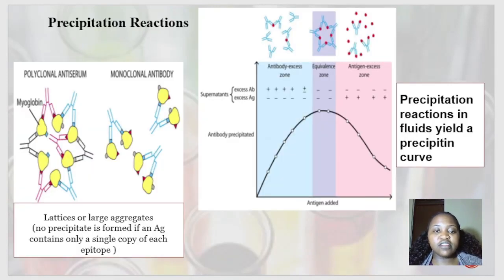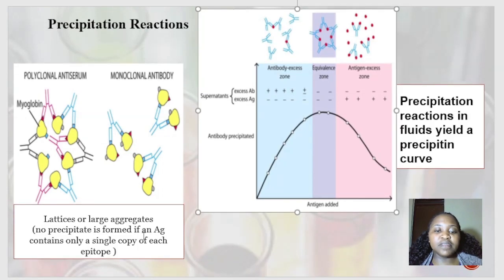So this shows the formation of a lattice. For example, if you're having a polyclonal antiserum, these antigens here, the yellow ones, will have different epitopes that are binding to different antibodies, and that leads to the formation of a lattice. We won't have any precipitate formed if an antigen contains only a single copy of the epitope. You can see that the antibodies have bound, but they're not coming together